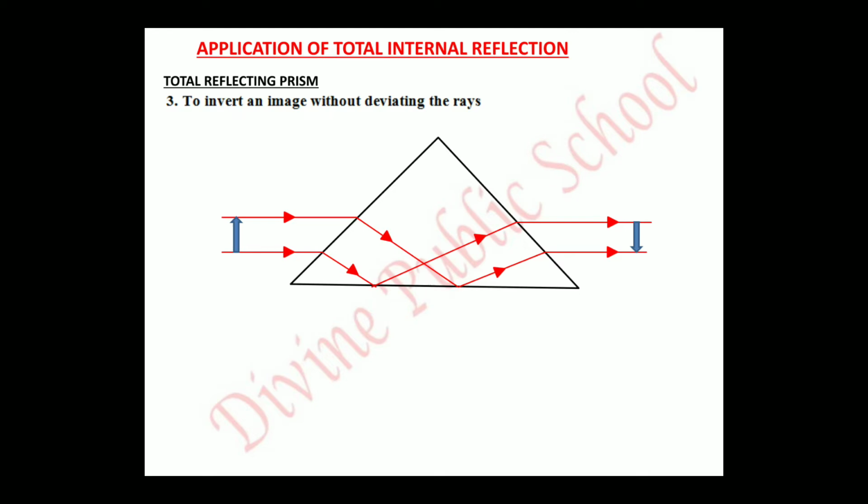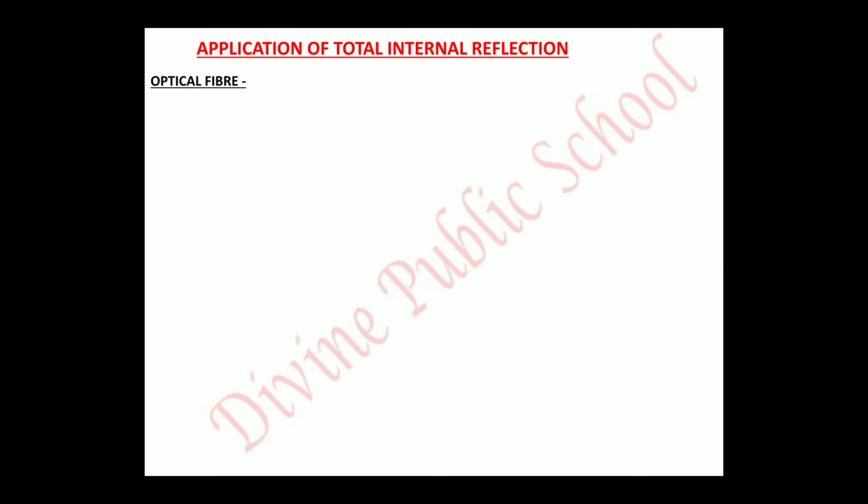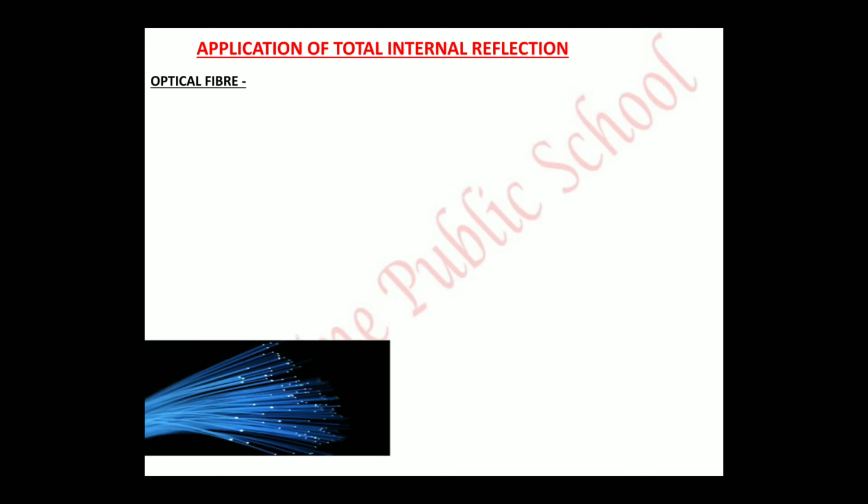Now let us move ahead to our next topic and last topic for the day, and that topic is optical fiber. What is optical fiber? Let me remind. Have you seen this? Sometime before it was very much in trend. It is a decorative piece which was available in the market. At the bottom one light bulb is there, red color light or blue color light, and above this fiber like structure was there. And when the bulb glows, the tip of the fiber glows.